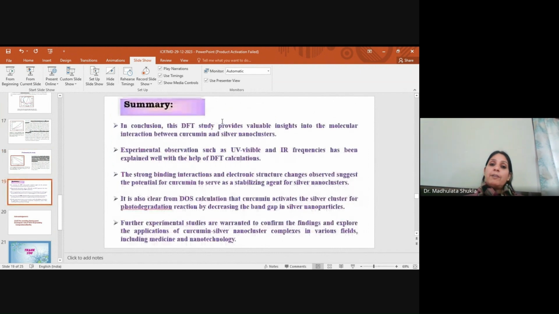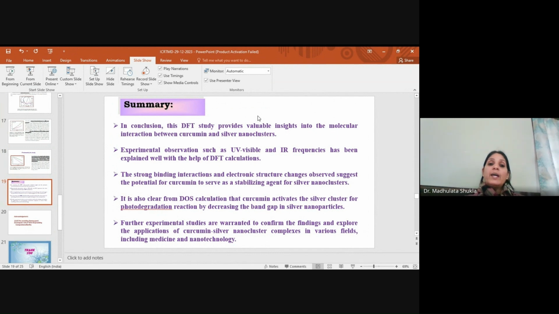And finally, I would like to conclude that the DFT calculation proves to be a very useful tool in finding the molecular interaction between the curcumin and the silver cluster. We have carried out many DFT calculations for cuprous oxide, silver, curcumin, and PVP, and we also carried out the photocatalytic degradation. Means we have found the mechanism of how these transitions are occurring. So DFT calculation proves to be a very good tool for this